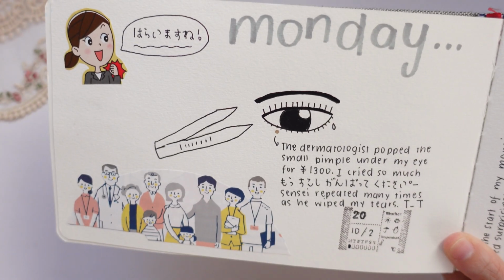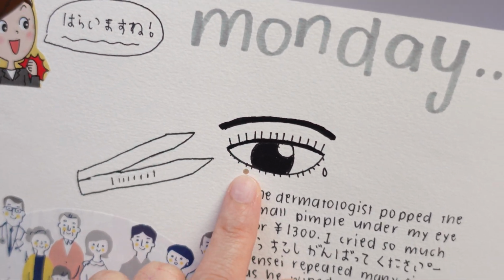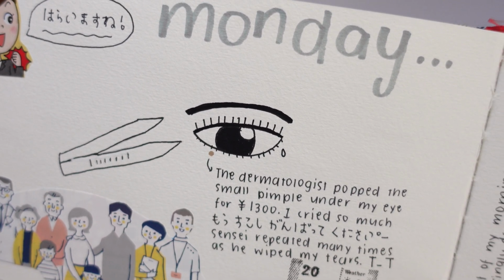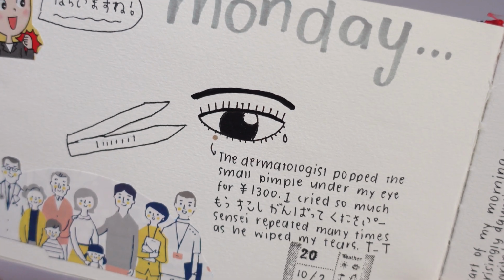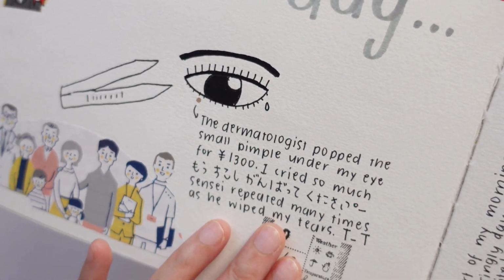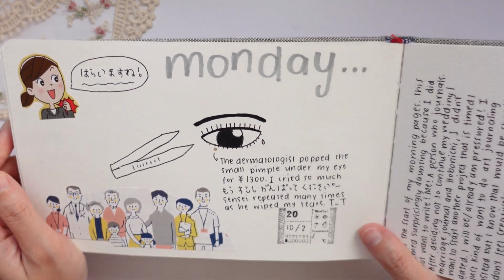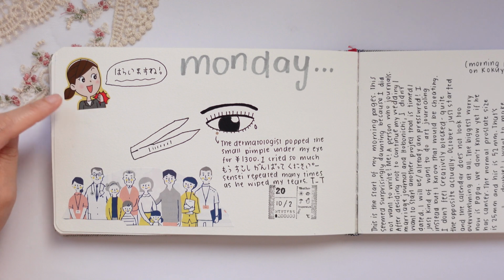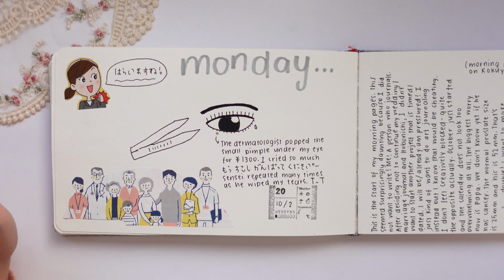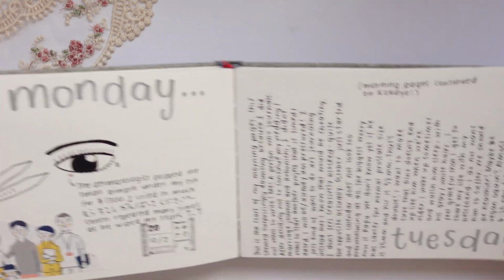So this was Monday, October 2nd. I went to the dermatologist because I had this pimple right below my eye, and I couldn't pop it because if I did, it might get into my eye, and I was really worried about that. It was there for 3 weeks. So I decided to just go to the dermatologist, and apparently for $13 I could get my pimple popped. I did not know that before. So these images are from the brochure that I got from the doctor's office, and I just made a quick drawing of tweezers and my eye. And the next page is just